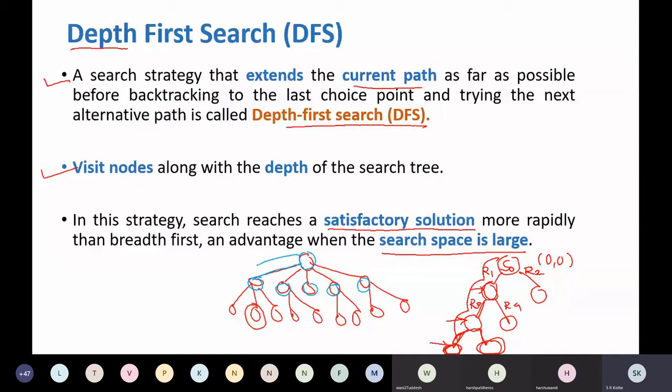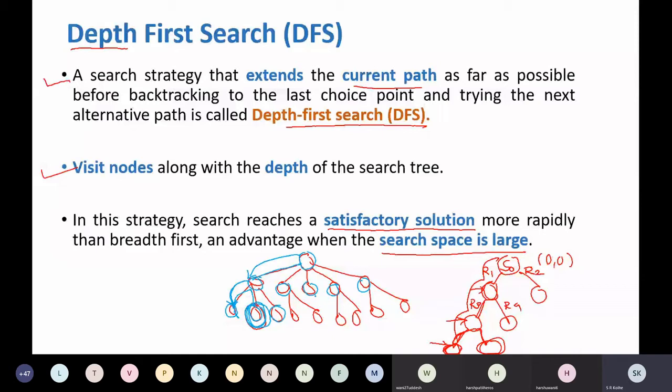Then from the starting node, I will check whether this node is a goal node or not. Then I will check this node. Now since it's not a goal node, explore it. It will explore all these three nodes. Then check this leftmost node first. Is it a goal? Suppose no. Then you backtrack to the last point and move to this node. And now this node is the goal node, so the algorithm will terminate. So this is a little bit larger search space, so you will find the algorithm has returned the solution quickly.